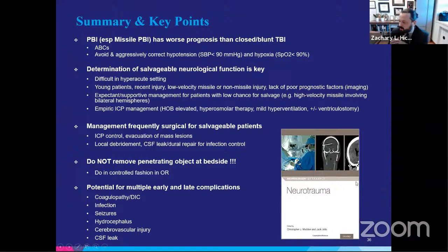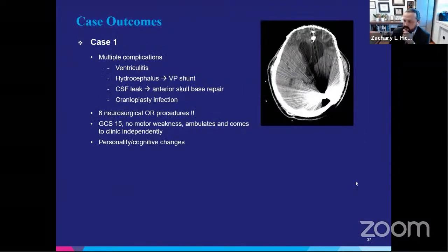A little shout out to a book chapter that Dr. Margettis and I did on penetrating brain injury. This came out this year in a book called Neurotrauma that was edited by Dr. Madden and Dr. Jallo. So in terms of the two cases I presented initially, the first one actually did quite